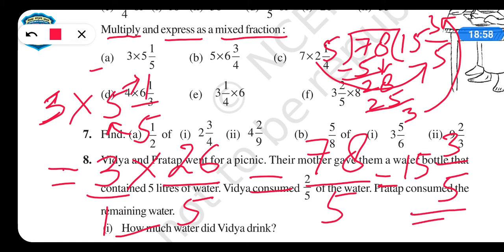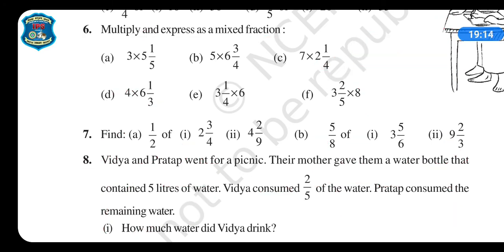So this is what? This is the product. Answer आ गया. Got it? So first part is 3 into 5 whole 1 upon 5. इस तरीके से मल्टीप्लाई करेंगे. राइट? लेट अस सी वन मोर. एक पार्ट और देखेंगे. लेट अस सी ई पार्ट.